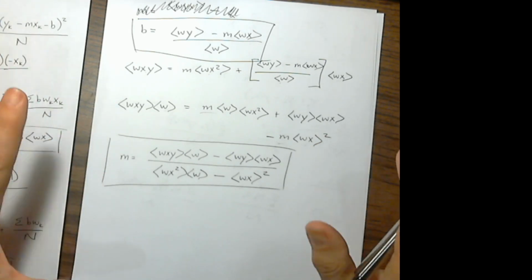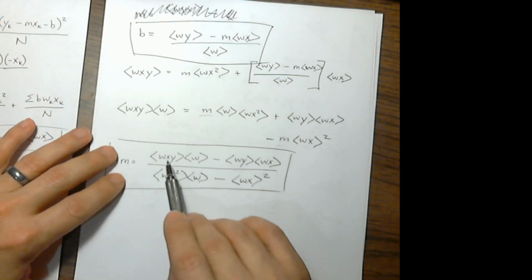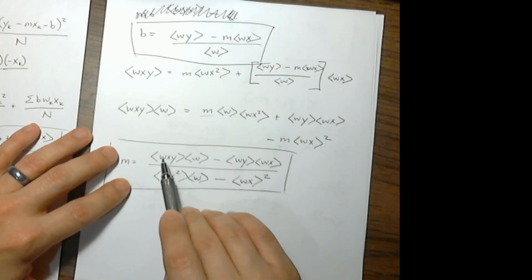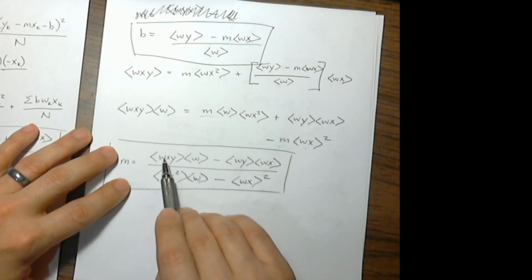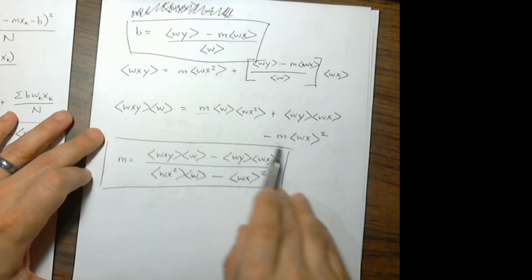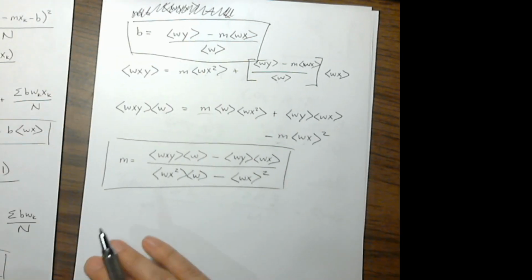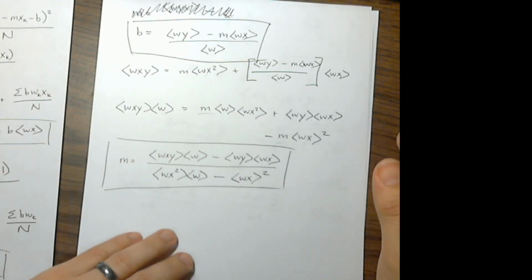But that's exactly what I've done. I've given you an example where we actually tabulate columns for w, columns for wxy, wy, wx, and we use that in this formula to calculate a slope, where you can apply a weighting function. Okay,